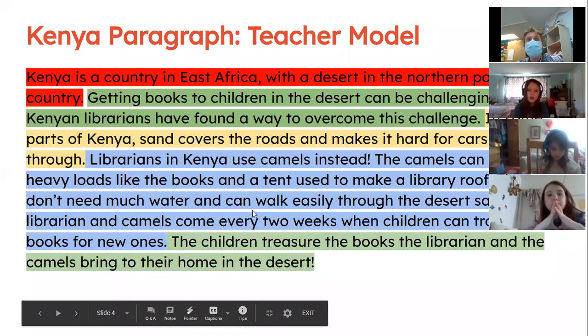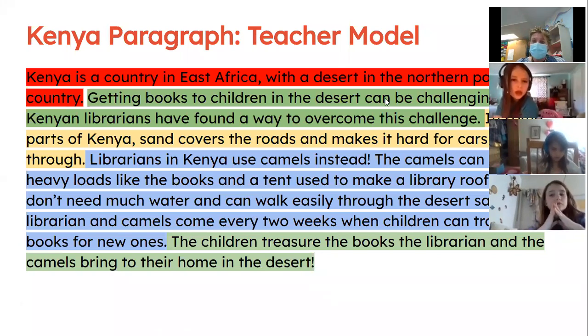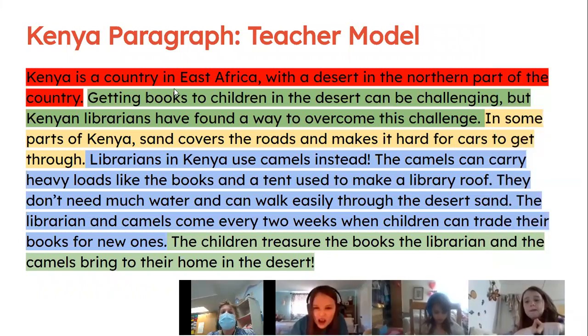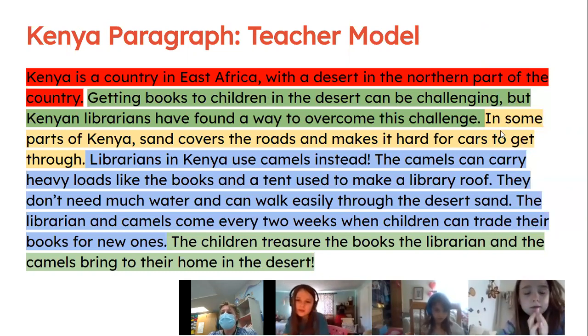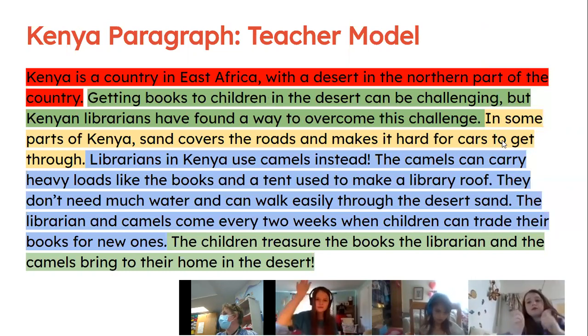So here's the one that had to do with Kenya. We had our red introductory sentence. We had our green sentence that was our focus statement. We had our yellow. Who remembers what yellow stood for? Because that's what we're going to be mostly working on today. Elena, what's yellow? The challenge. Very good. So in one sentence, it's the challenge, why it's hard for these people,